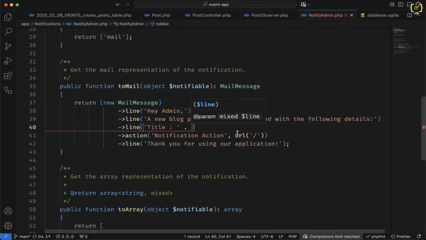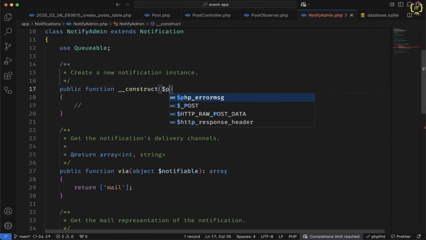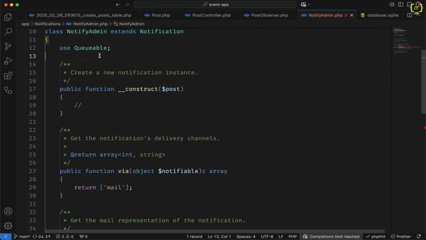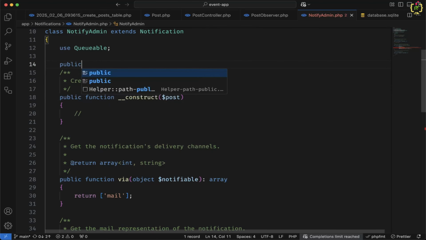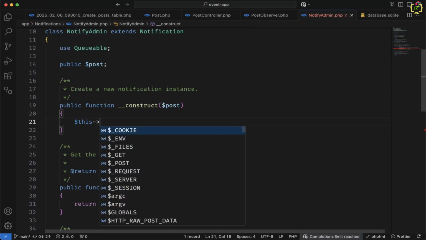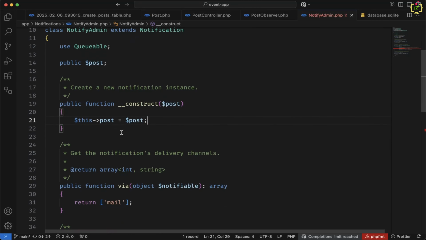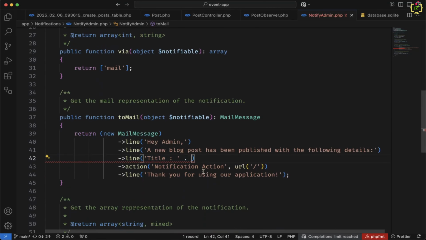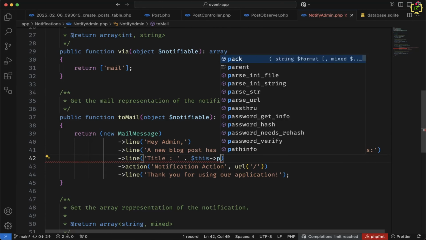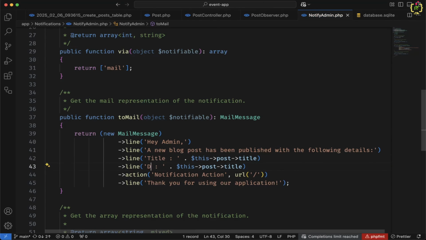So we will have to capture the post data inside the notification class. I will add a post variable and define it as public $post. Now I will assign this post variable data to this public post variable, so I will use $this->post = $post. Now from this post variable, we can capture the title, so I'll use $this->post->title, and this will be description,